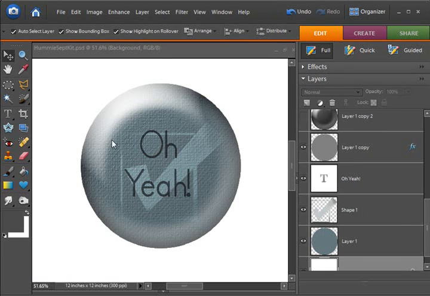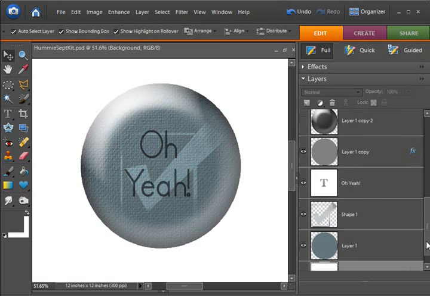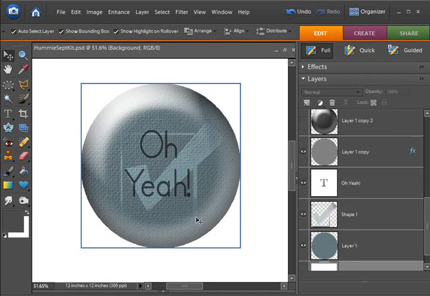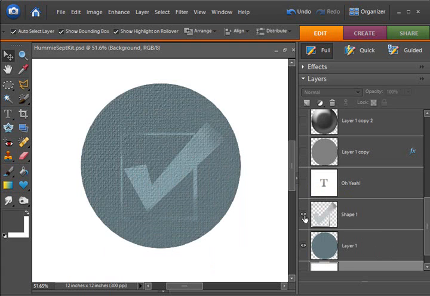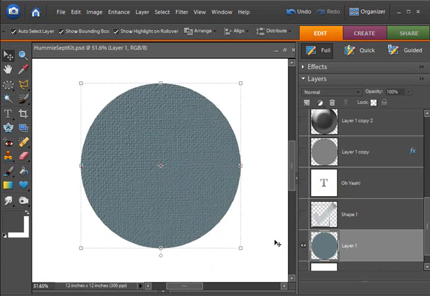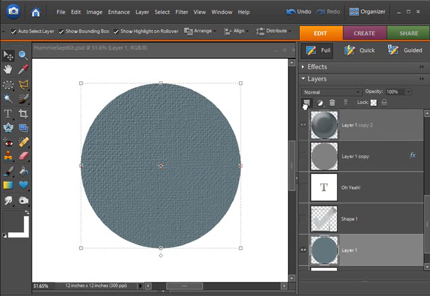Here is one that I've done, and I want to show you a little tip that I do in order to create this. I have here first just a plain circle background with some texture added to it. You can use whatever shape you want. I just decided to do this in a circle, and I'm going to go ahead and just duplicate this circle